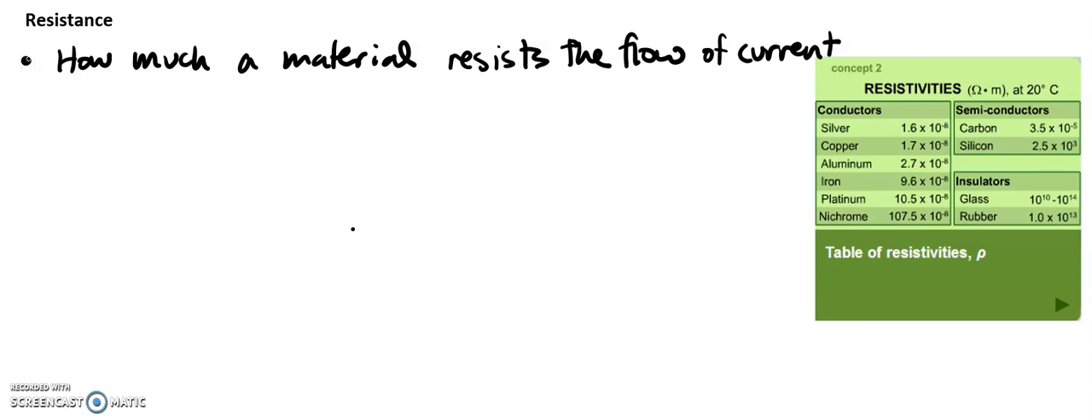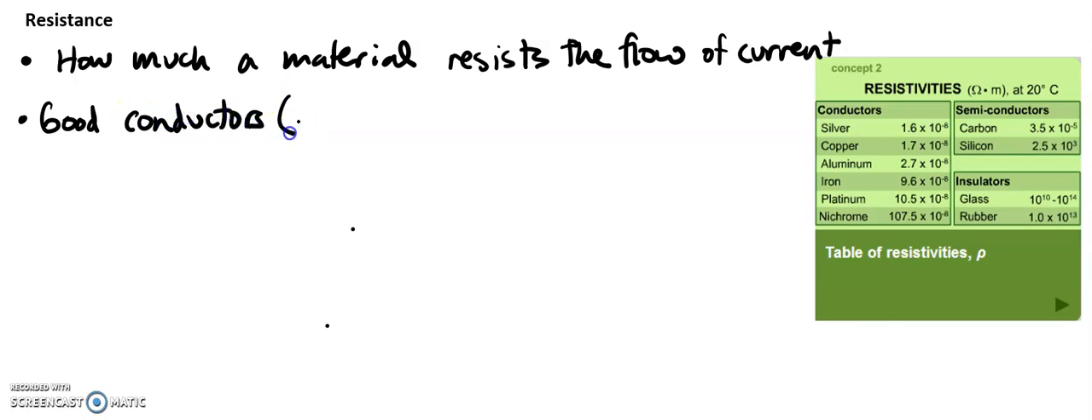So in general, I think of things that are resistors as lamps, or any sort of device in your house. Anything that has current flowing through it is a resistor of some sort. Cool. So if we think of materials that are good conductors,